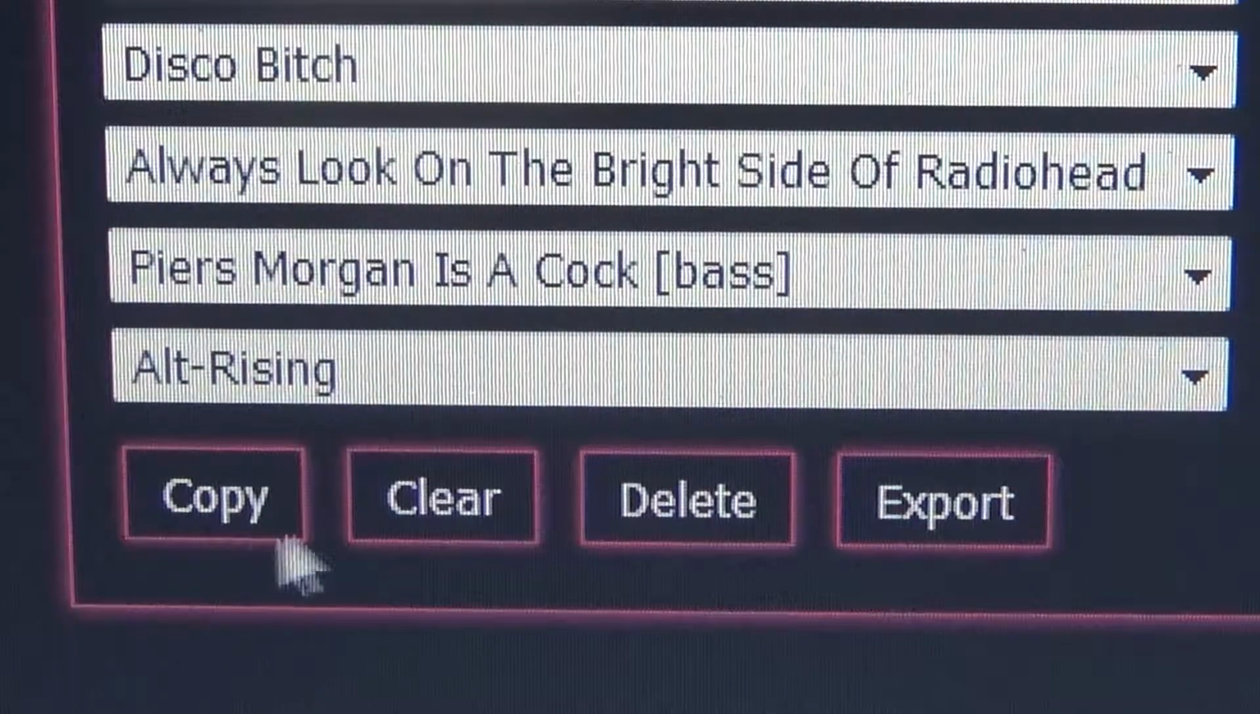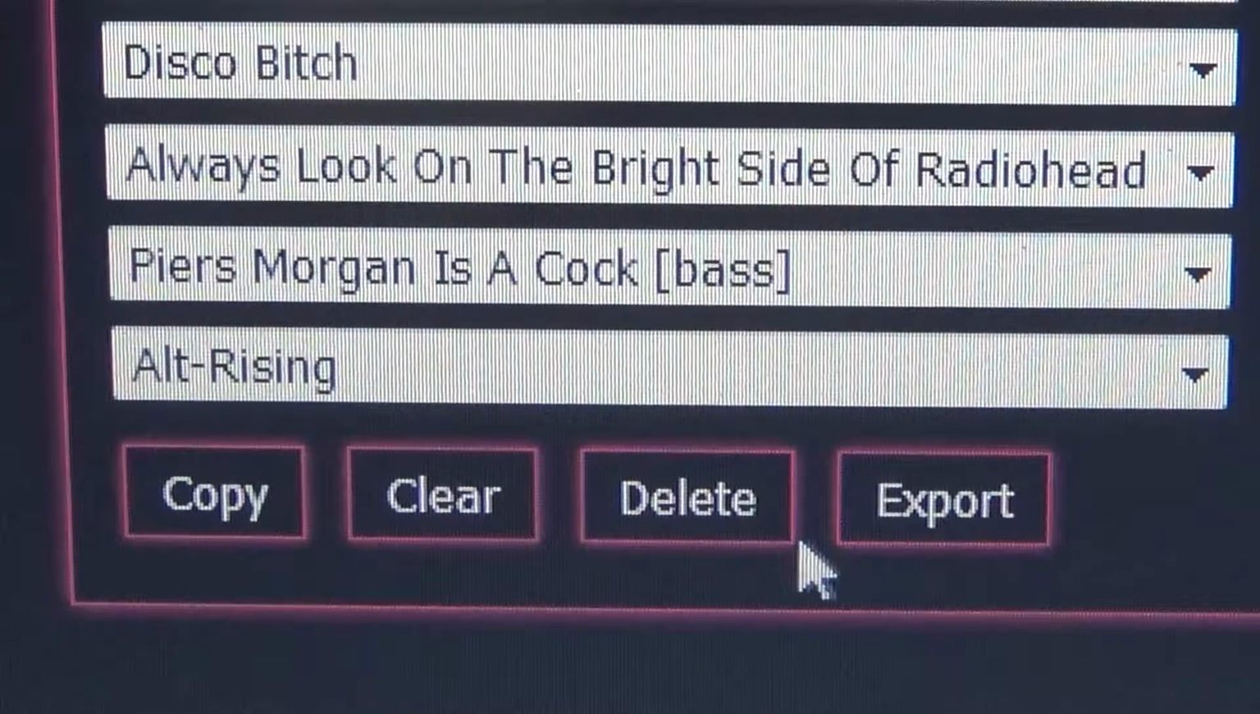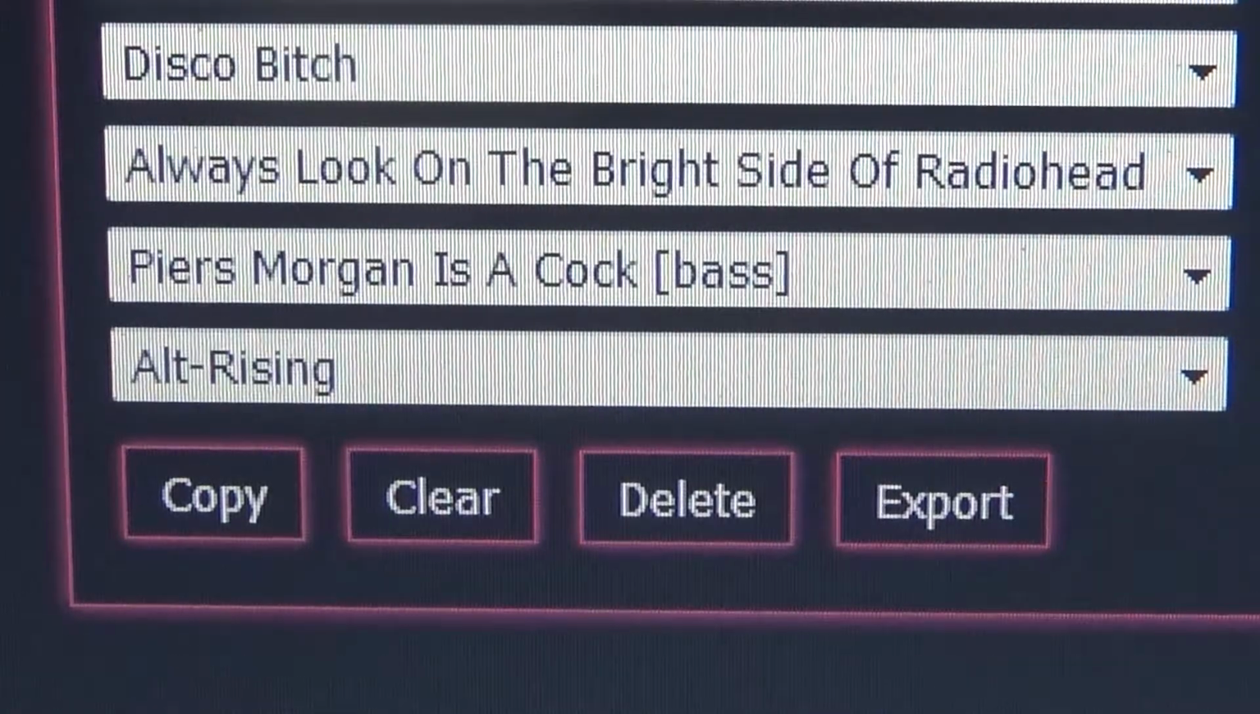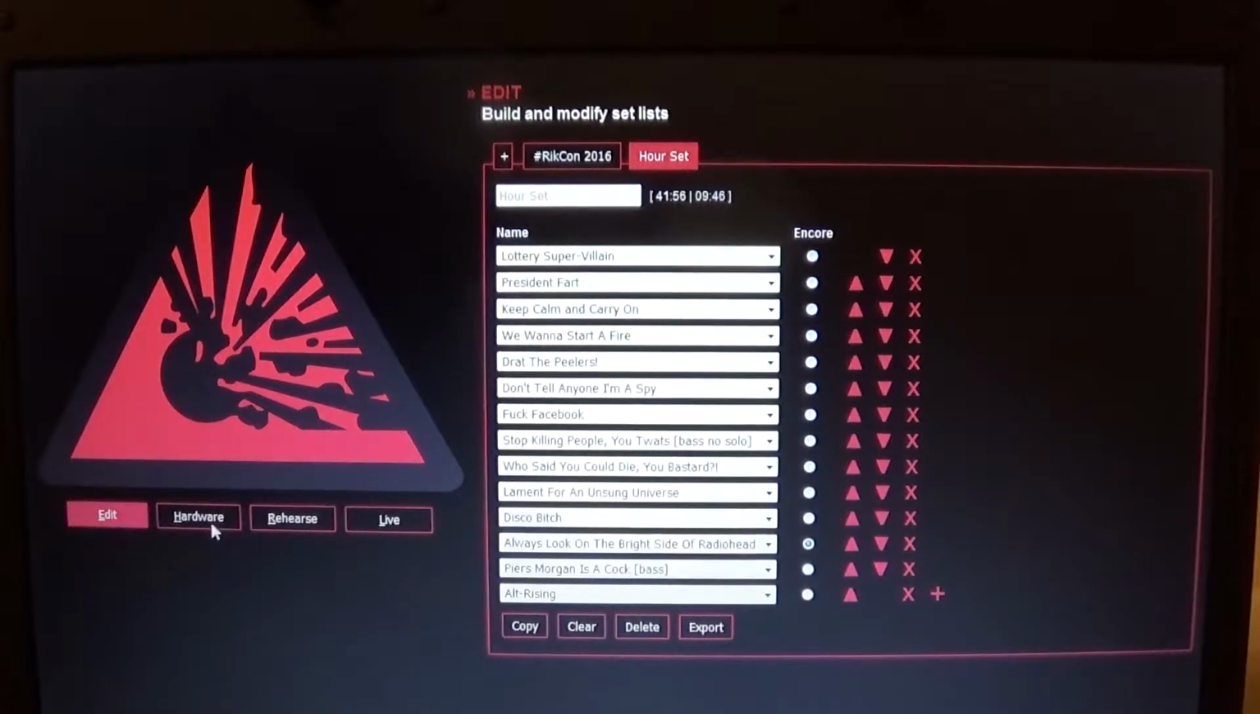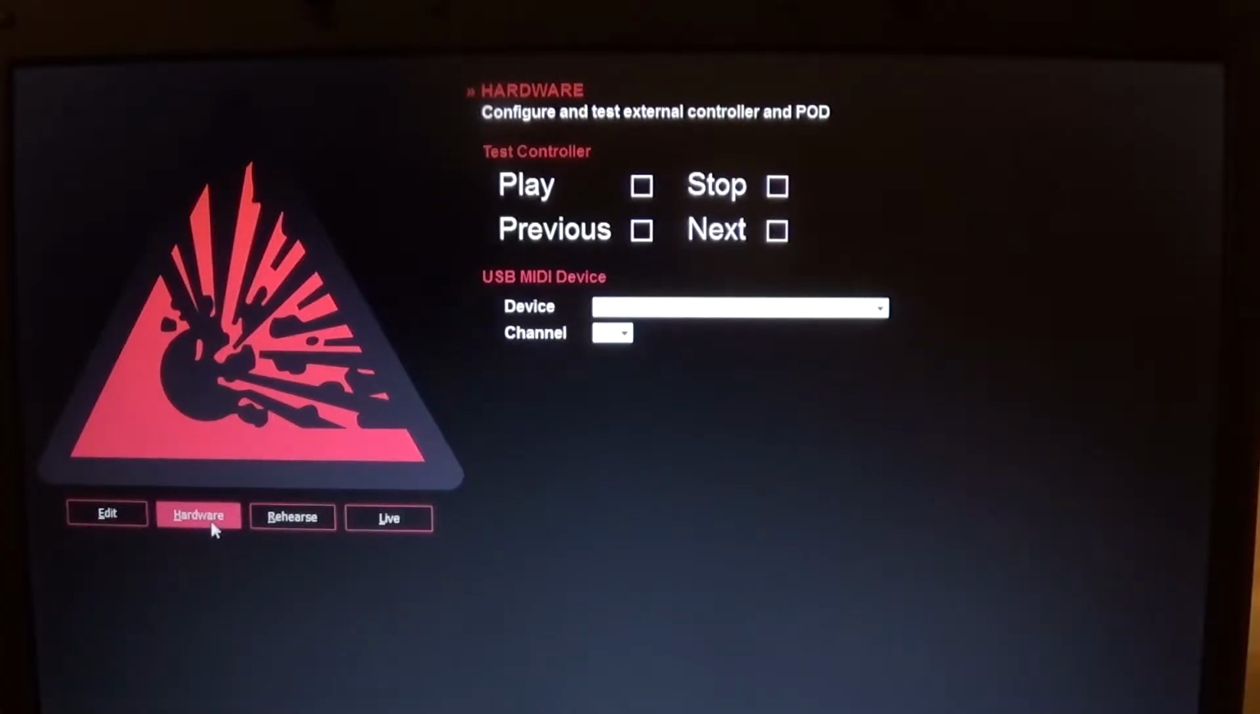At the bottom are a couple of utility buttons that let you copy the existing setlist to create a new one, clear it down, which essentially just empties it, or delete it completely. There is also an option to export the setlist, but I'll explain that one in the nerdy bit towards the end of the video. Switching to the hardware screen, we can see that it really only consists of a couple